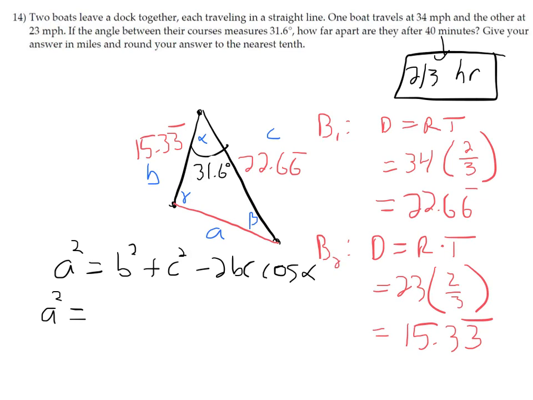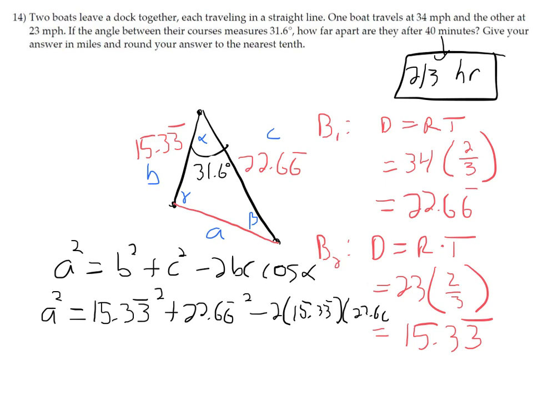A squared would be 15.33 repeating squared plus 22.66 repeating squared. And I'm actually going to type all these 3's and 6's into the calculator because I want to make sure this is correct. 15.33 times 22.66, cosine of 31.6 degrees. It all works out. So A squared equals